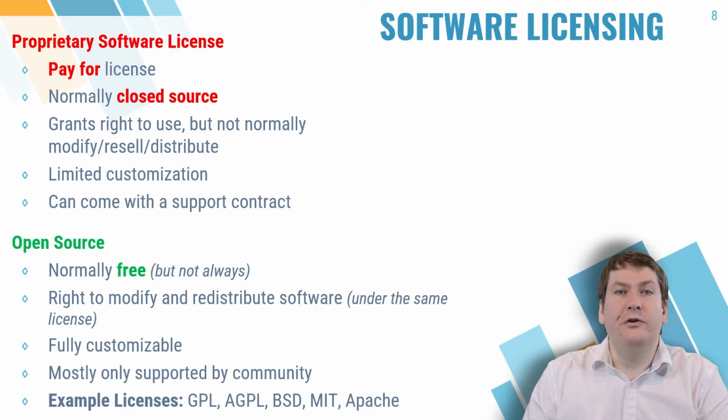So which one of these should you use for your business? Well, as always, that depends on your business's goals and objectives. If a support contract and software just working is important for you, and cost is not of any kind of concern, proprietary software might be the best idea. If you need the ability to customize the software, or have cost constraints, open source software might be the best